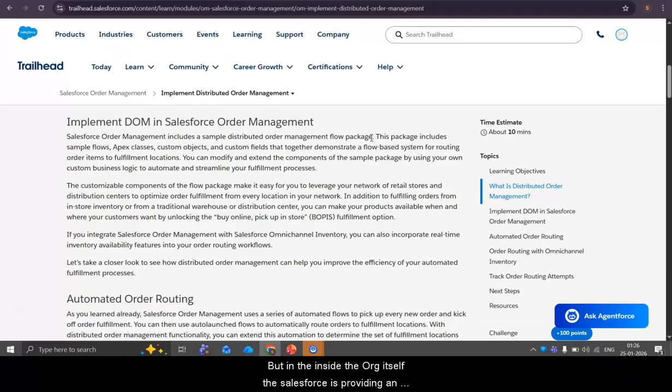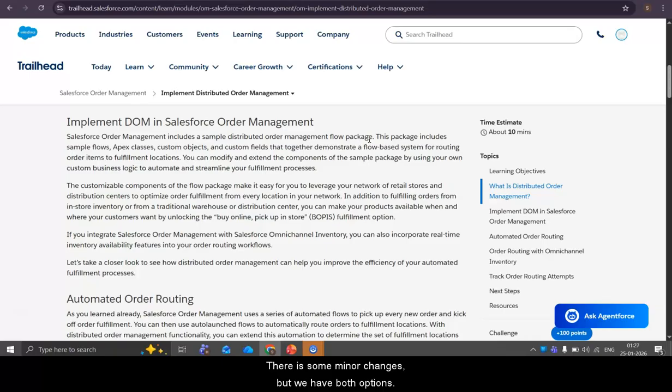Salesforce is providing an omni-channel inventory feature, where after enabling it, we can implement this DOM inside the OMS without any external package. But we can still go with external packages as well. There are one or two flows with some minor changes, but more or less 99% of the features, functionalities, and flows are the same.